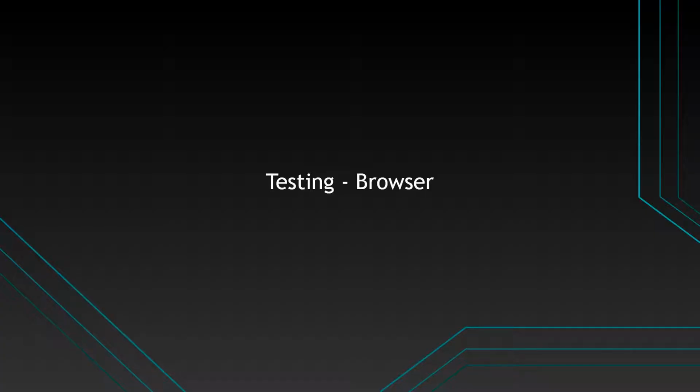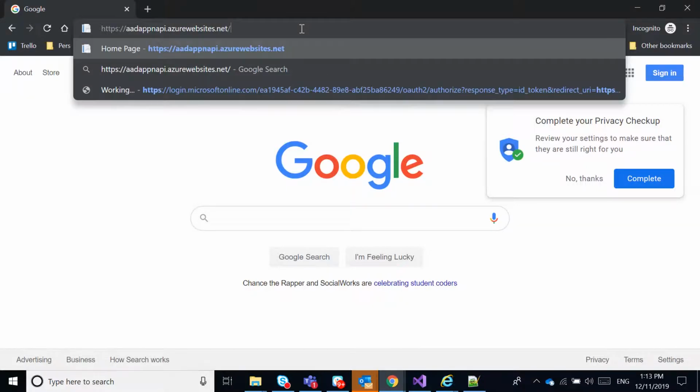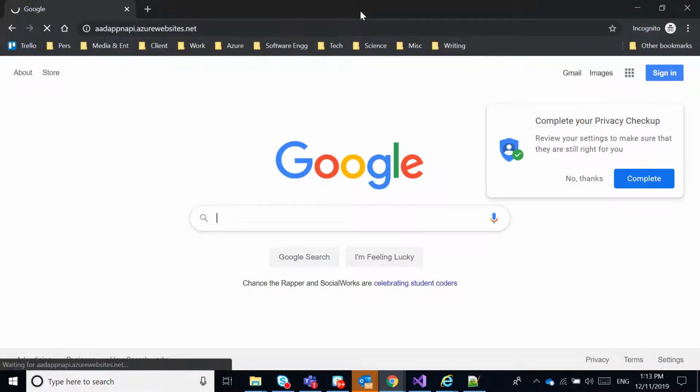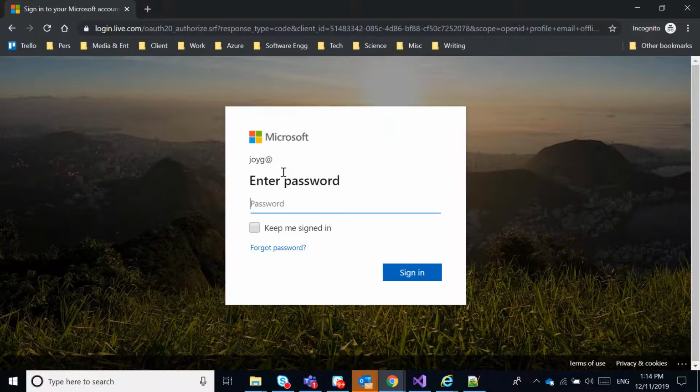Let us test the application. As mentioned earlier, we will be testing with the browser as well as using Postman. Let us start with the browser first. Better to open an incognito window and give the URL. This should redirect to the AAD authentication page. We can see login.microsoftonline.com, the tenant ID, and there's a redirect URI. Make sure that when you are logging in, we are using a credential which is already part of the same Active Directory tenant. It will do some redirection and come back to the original page.